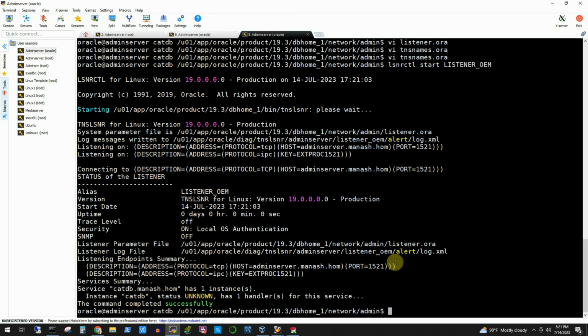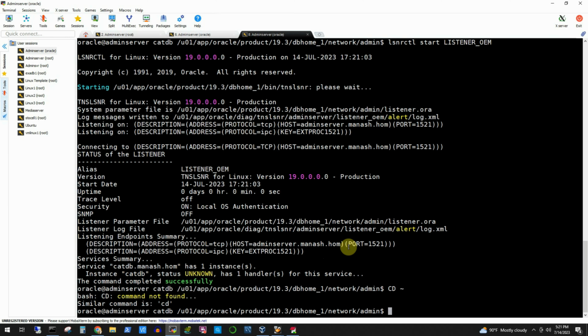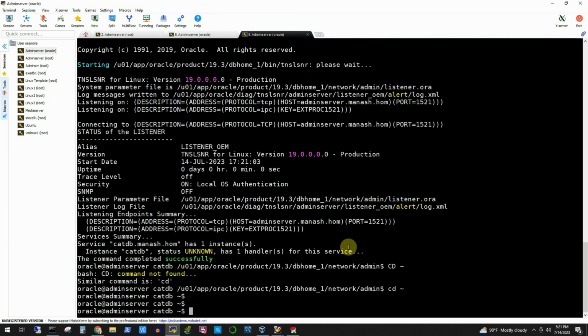Now the next thing we need to do is to modify the environment variable entries in our .bash_profile of the Oracle user. You may not have it in your environment, but we set it up in our environment so that every time you log into the shell using Oracle user, you don't have to set up these entries. So I will go to the home directory of the Oracle user, and we will vi the file .bash_profile,